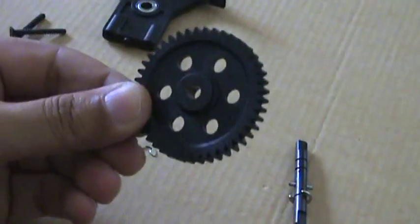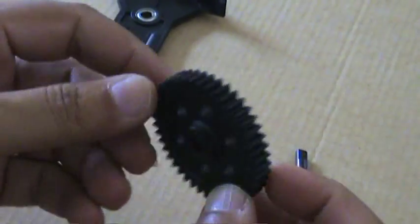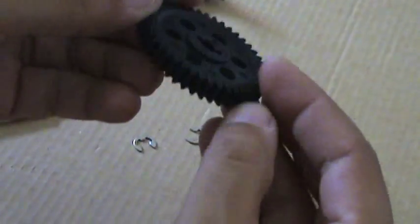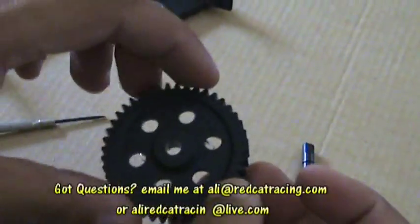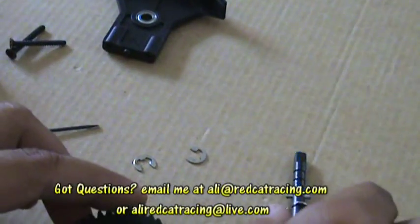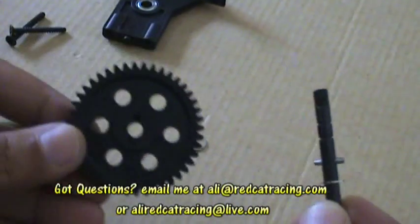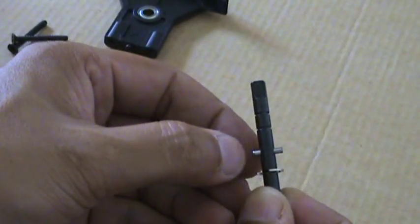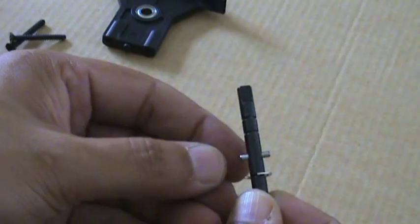Here it is, this simple gear in your hands. If you have broken it or it's worn out, the teeth are gone, you can simply get a new gear and install it back in. That's it, pretty simple. Here what we are going to do is simply put it back. When putting it back, look at this. Little guy should be here,